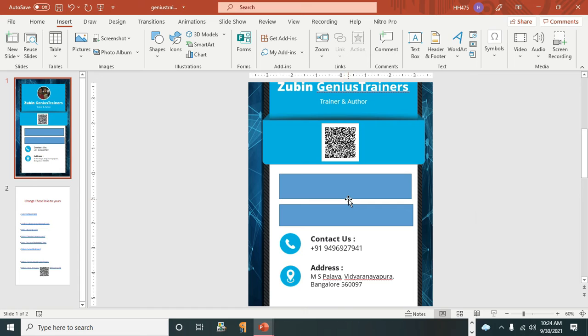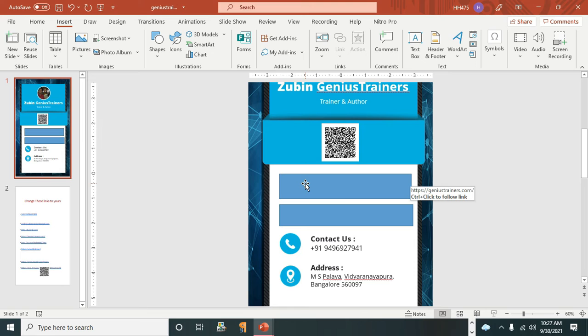Now if you give this card, definitely this will be clickable, but the text below this is not readable and the card won't look nice. For that, we need to remove this color, but we need this shape to be there in a hidden format. Let us see how to make this invisible. For that, different options are there.